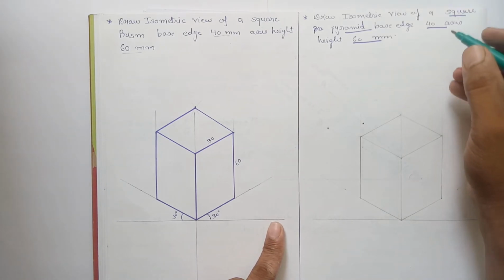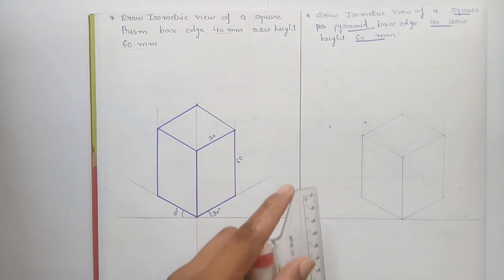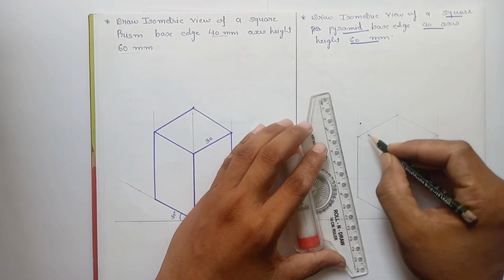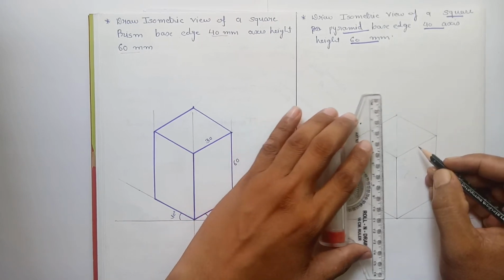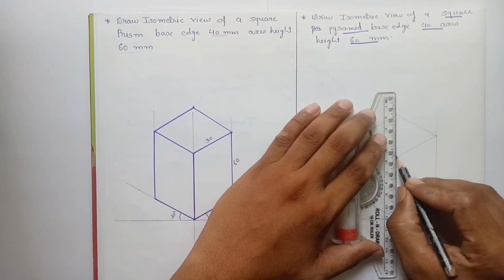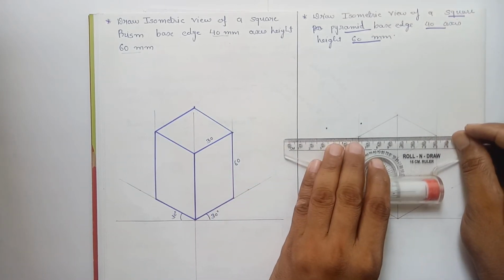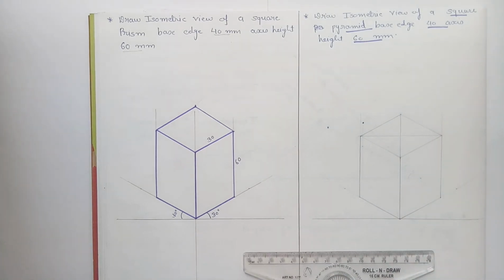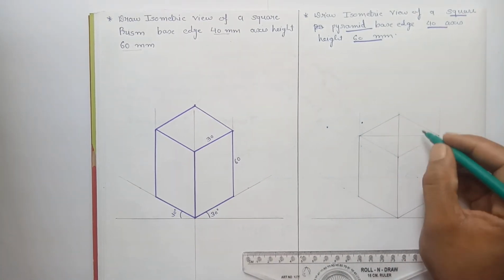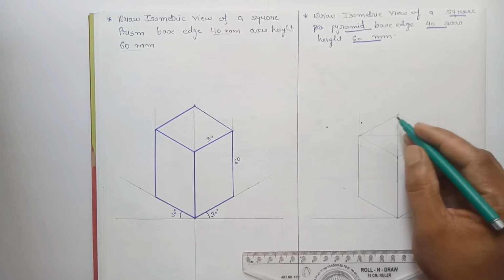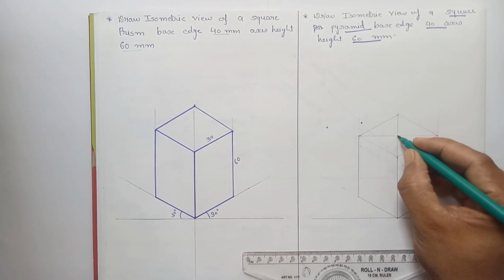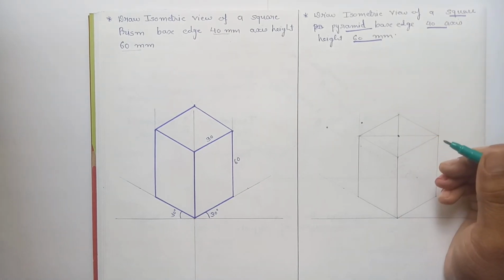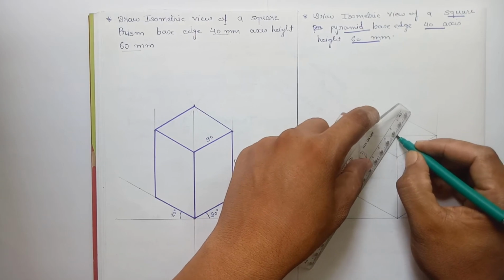Now here we have to draw the square pyramid. So first of all, this is the square, but in 3D view it is a rhombus for us. So draw two diagonals of the rhombus, one diagonal, second diagonal. This is the horizontal diagonal of this rhombus. Practically this is a square, but in drawing it is viewed as a rhombus. Now mark the center point of the rhombus to draw the apex point of the square pyramid. Now connect this point to the base corners over here.